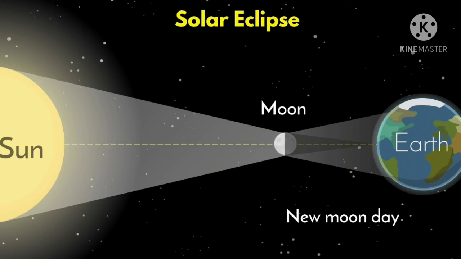Areas where the full shadow falls on the Earth experience a total solar eclipse. A total solar eclipse occurs when the Moon's shadow covers all of the Sun. During this time, the sky darkens and it is just like nightfall. Only limited areas on Earth witness the total solar eclipse. In a total solar eclipse, the Sun will be totally covered by the Moon when viewed from those areas of the Earth.